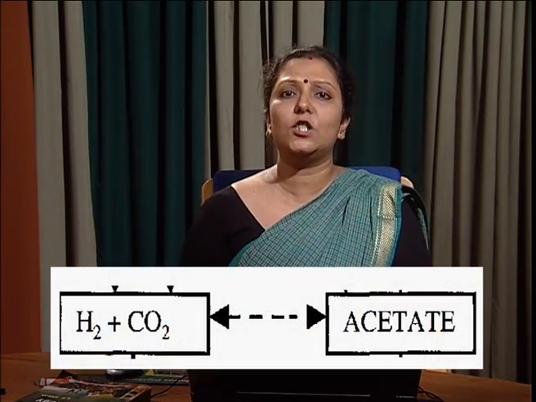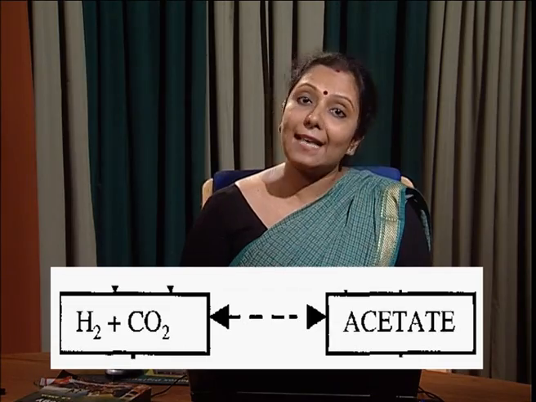Now, such protozoa decompose cellulose, right? And to decompose cellulose, they give rise to hydrogen. And this phenomenon is needed for their energy generation. But if more hydrogen is present, that will inhibit their energy generation process. But as methanogens are present, they take up the hydrogen, so they are helping the protozoa. So, in this way, they are mutualistic with each other.